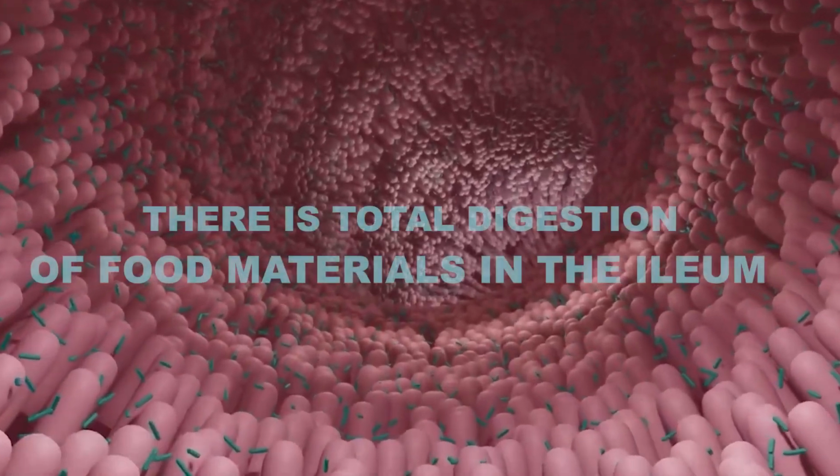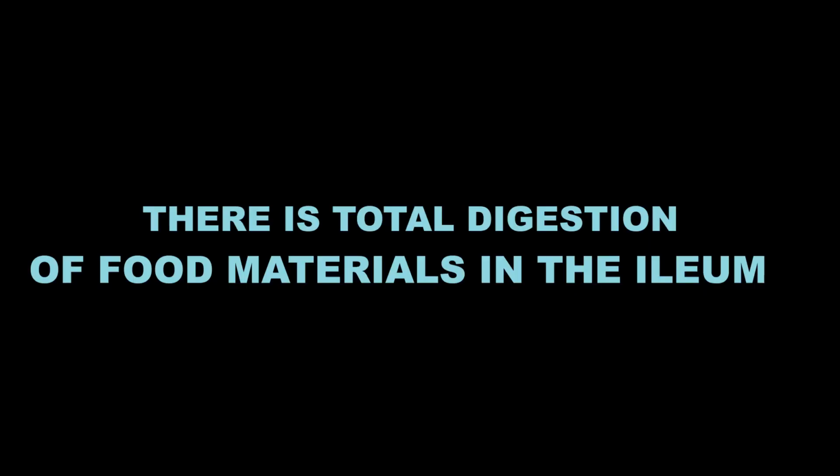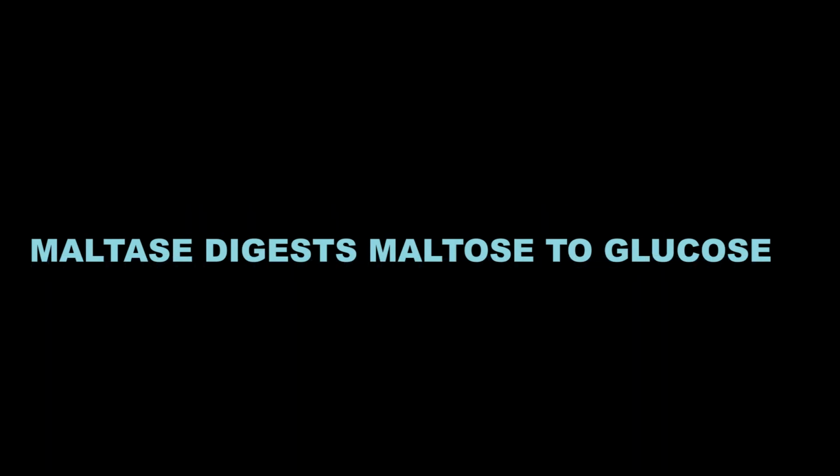All classes of carbohydrates, talk about the monosaccharide, the disaccharide, the polysaccharide, all of them are being digested finally in the ileum. There is total digestion of protein. Likewise, there is total digestion of fat and oil. The total digestion is initiated by the production of intestinal juices in the ileum. These include maltase. Maltase is the enzyme that converts maltose into glucose, meaning that the maltose that has been converted right from the mouth and the duodenum has been reduced to its smallest unit, which is glucose.